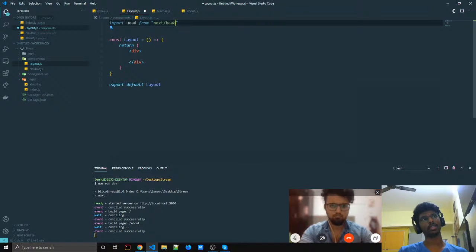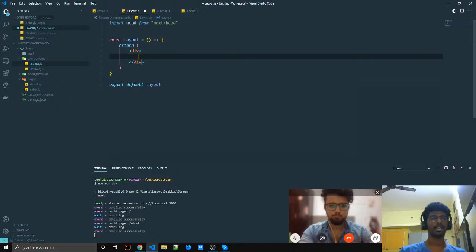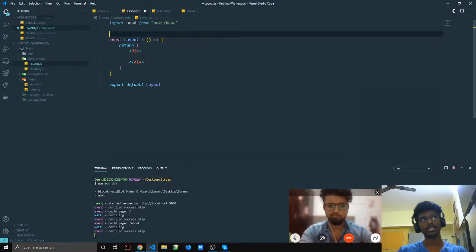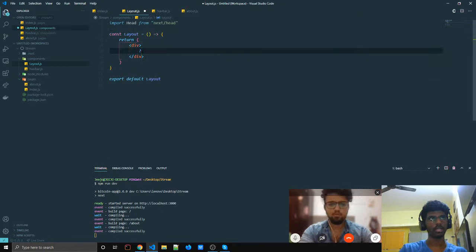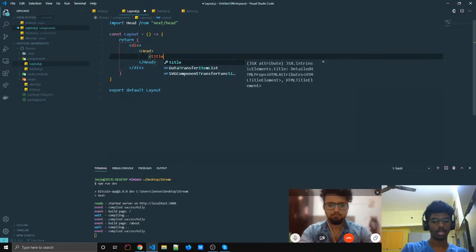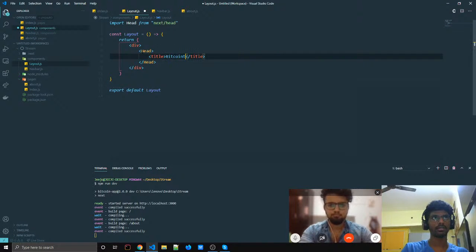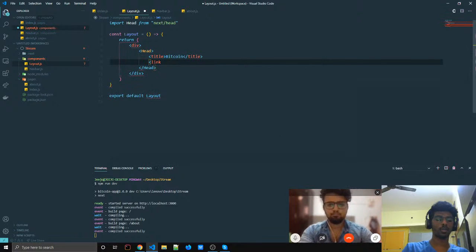You might be wondering what it is. Generally, if we need to put a title tag or a link tag, we give it inside a head tag in HTML. Likewise in Next also, we just need to put the Head component, and inside this we can put the title of our web page. So it's Bitcoin. You can also give a link tag, because till now we didn't use the CDN, so I'm going to use the CDN here. The rel is stylesheet and the href is equal to